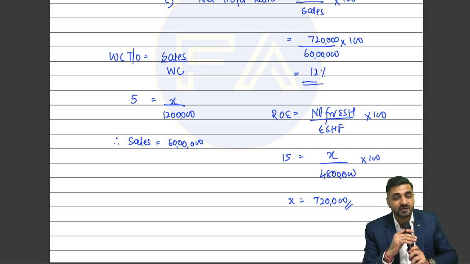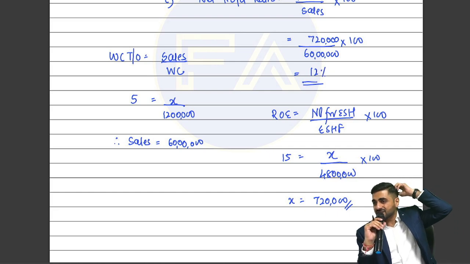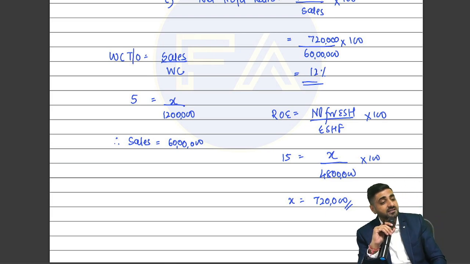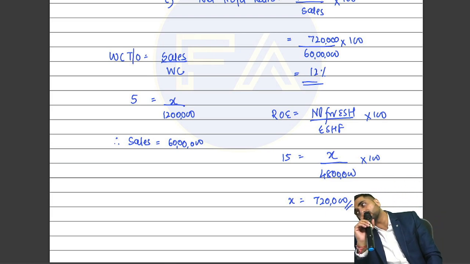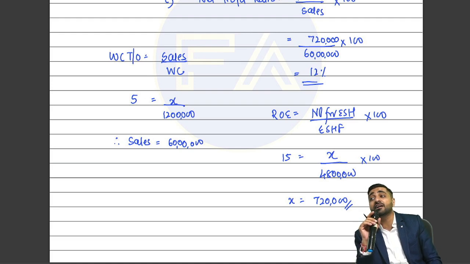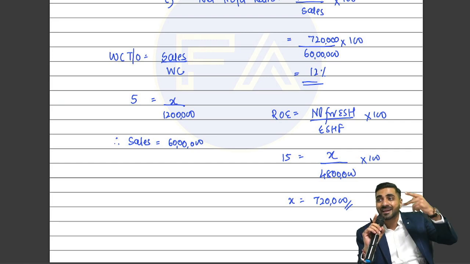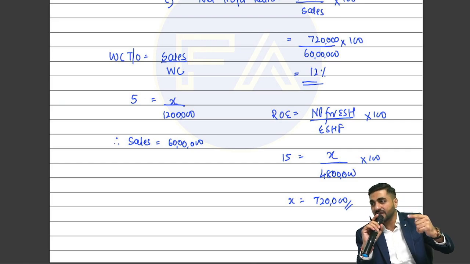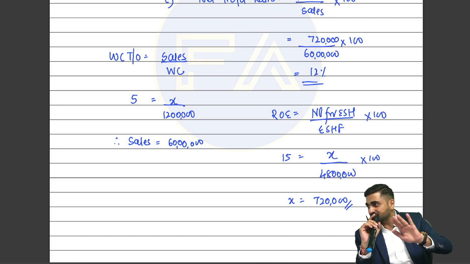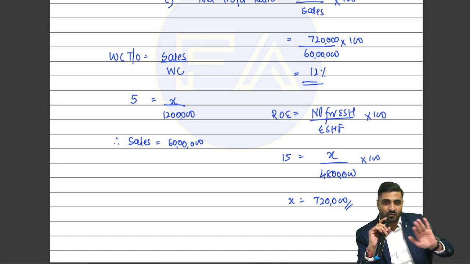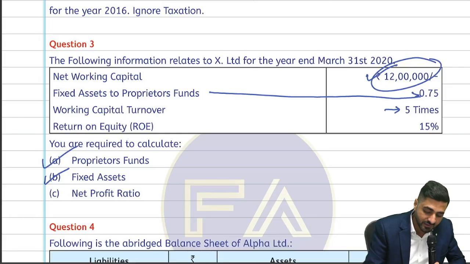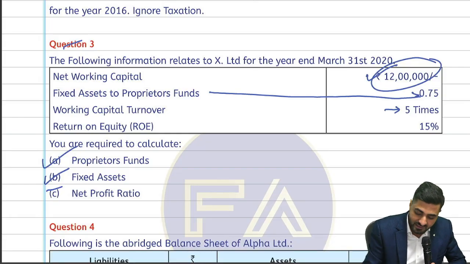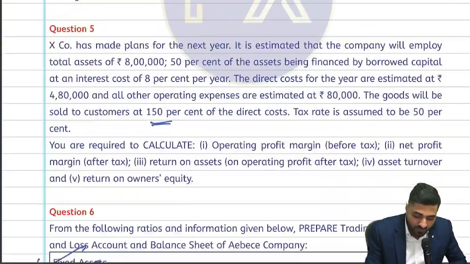To understand, this is the flow of the question, how we should solve it. Whenever you see this kind of a ratio, which is fixed assets to funds, always remember on 1 rupee of your proprietor, 0.75 is the fixed or working capital. Everyone's okay with this much? Okay. One basic question. Okay, very nice. Want you all to please come check.